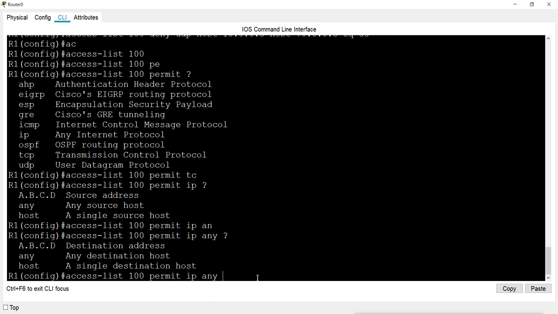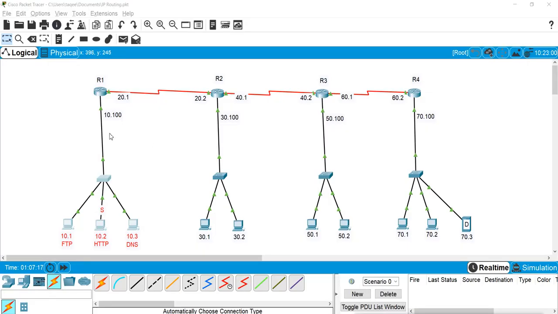Now any means all the networks. That is not secure, basically. We should not use this. We should use only what we want to allow, and we should not use what we want to not allow. For example, if I allow any on this interface, I know that other networks will not come from here, only network 10 will come.